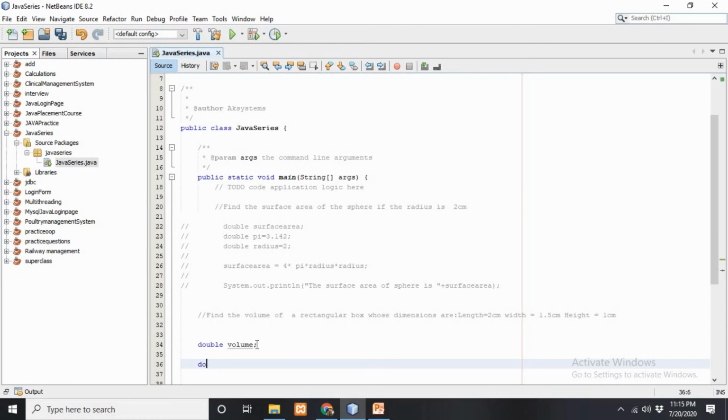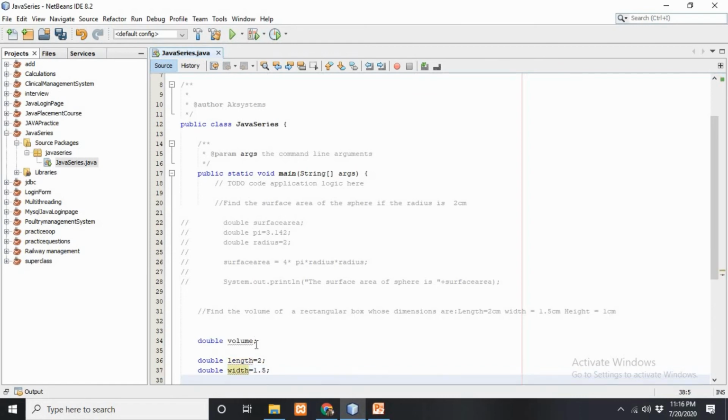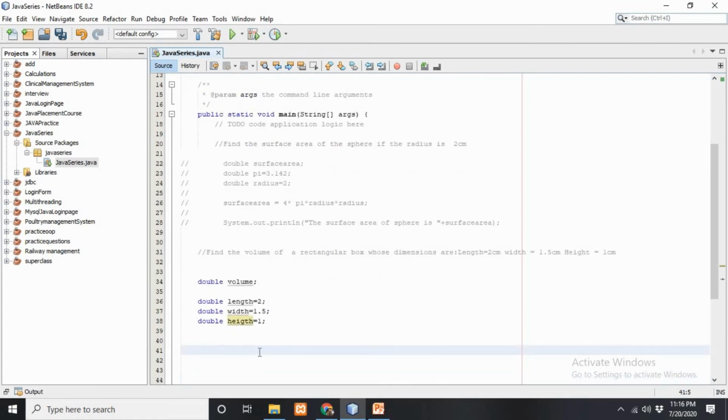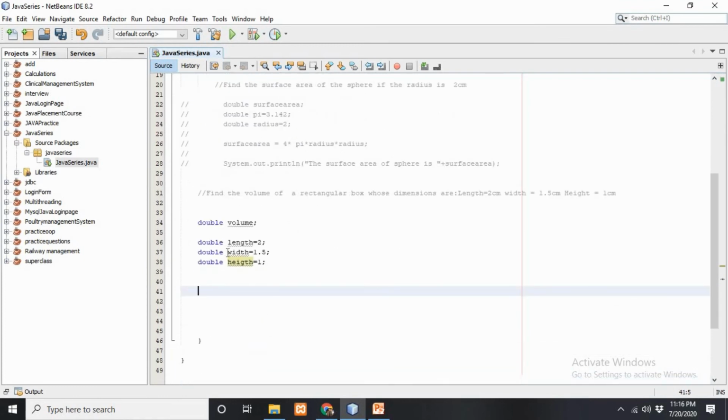The next thing is double length, length is equals to 2. Again double width is equals to 1.5, double height is equals to 1. Okay, so I have created all the variables with their data types and the values have been stored right here.